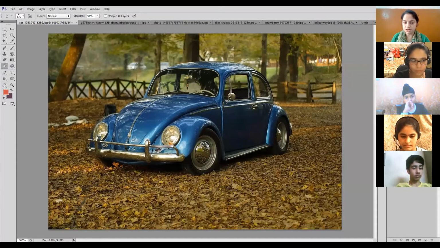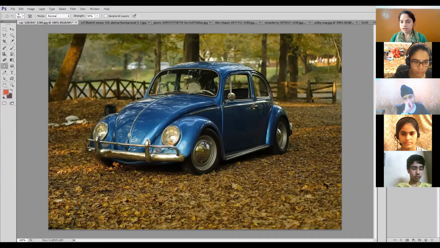Here, this is my brush. Simply, you select the tool and drag it over the area that you want to blur. There are not many settings in the options. You can just increase or decrease the size of the brush depending on the area that you want to blur or burn. Select it and drag it.